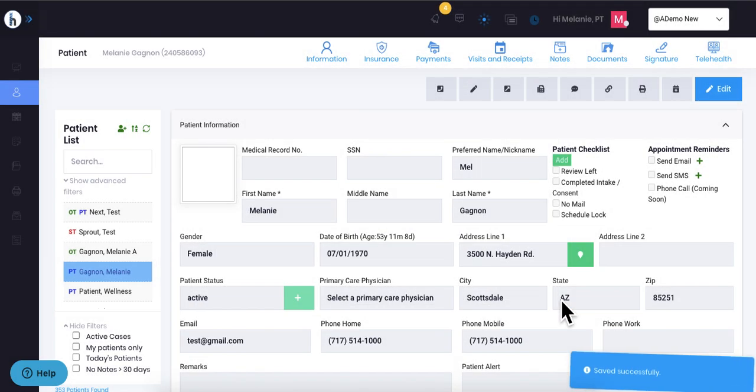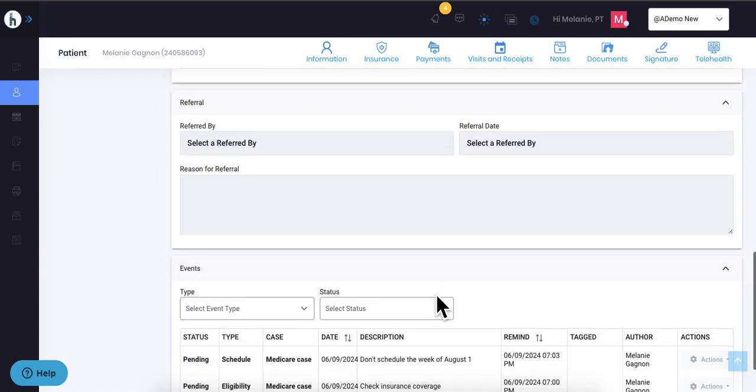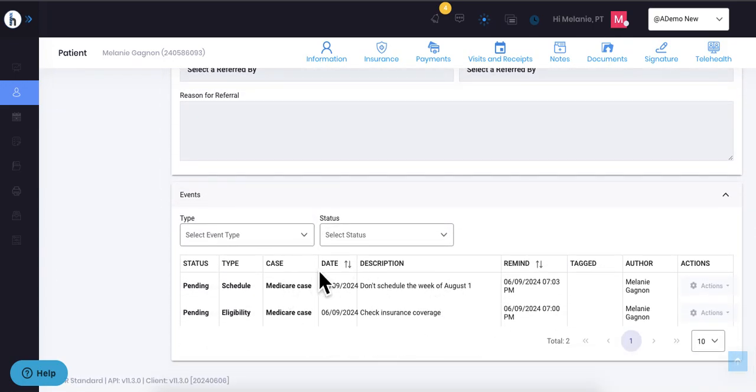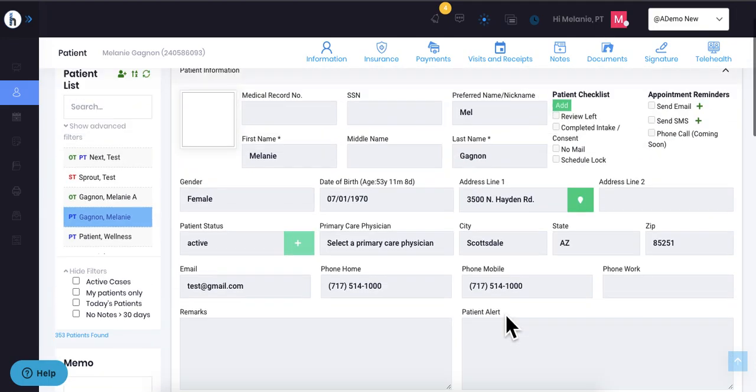So you would click save. Now that event has been saved. So if you scroll down in their chart, different events are going to be listed here. So you have these different pending events for that patient. If you've then completed it, such as check insurance coverage one, I can come here and be able to click